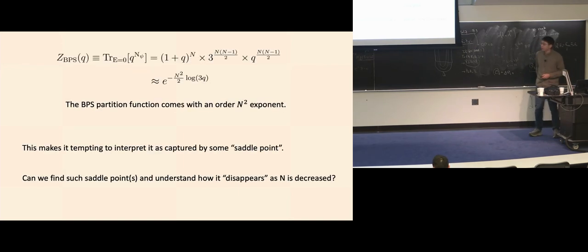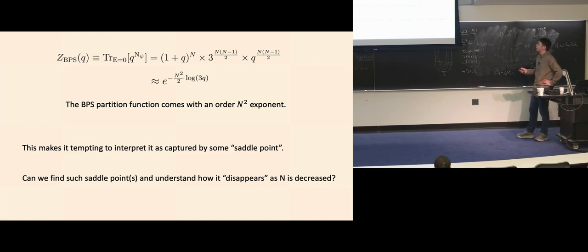But I want to understand this from a different point of view. For that, let me first try to rewrite the BPS partition function in a more suggestive way. Let's consider this expression in the large N limit. You see it can be written as something like e to the minus N squared times something that is a log 3q over 2. So whenever you see such an expression, you are prompted to think that maybe